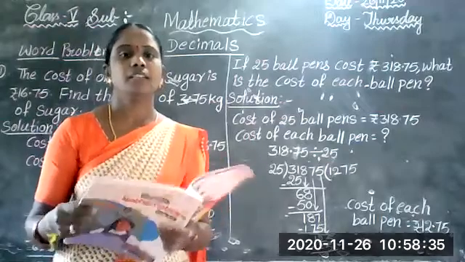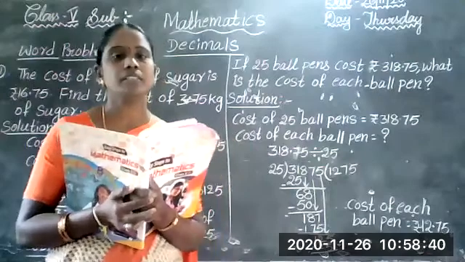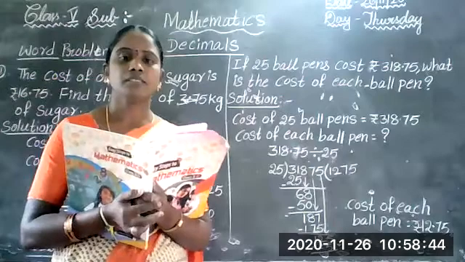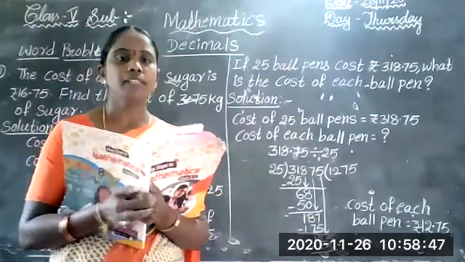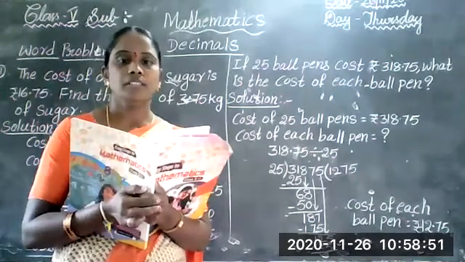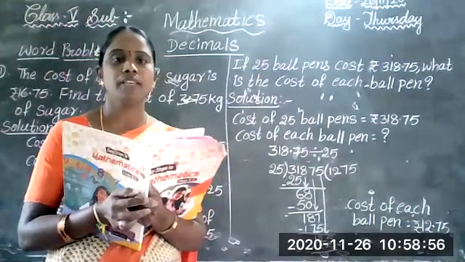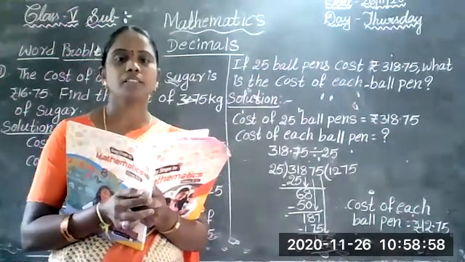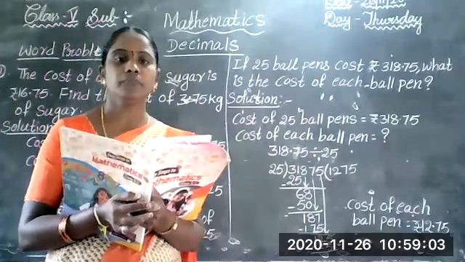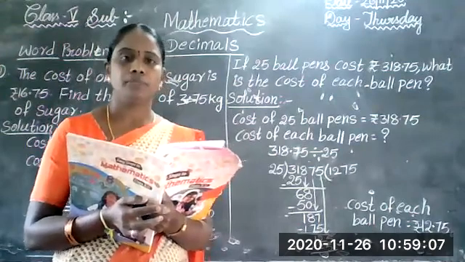Decimals unit: decimal addition, decimal subtraction, decimal multiplication, decimal division, word problems and sums. Next, how to write in decimal form, fraction form and division form. How can we do division, multiplication, addition, subtraction? Okay. Did you understand this decimals unit? In this decimals unit, if you have any doubt, call me. Again, I will explain.